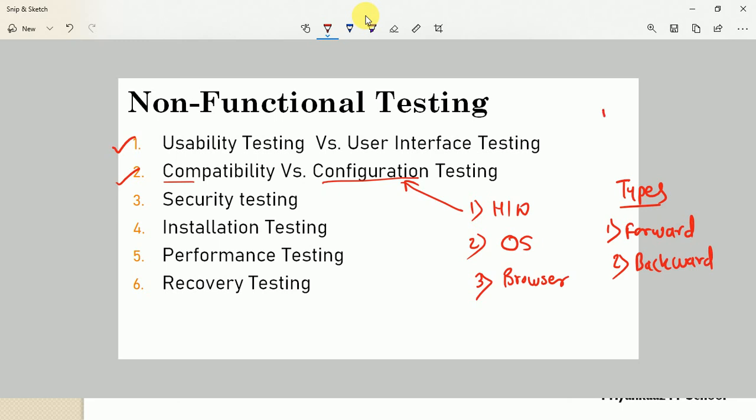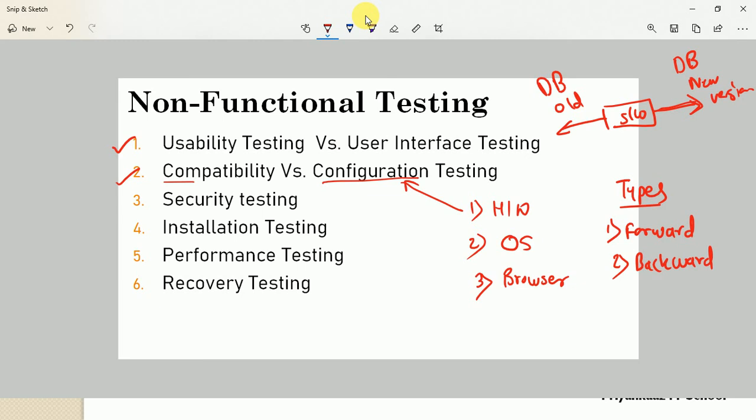See, whenever you test any software application for its new version, let's say you are verifying that software application with a database. If you test the software application for a new or latest database version, then this we call forward compatibility, that means for a new version, right? And whenever you test the software application with the same database concept for an older version, then we simply call it backward compatibility.